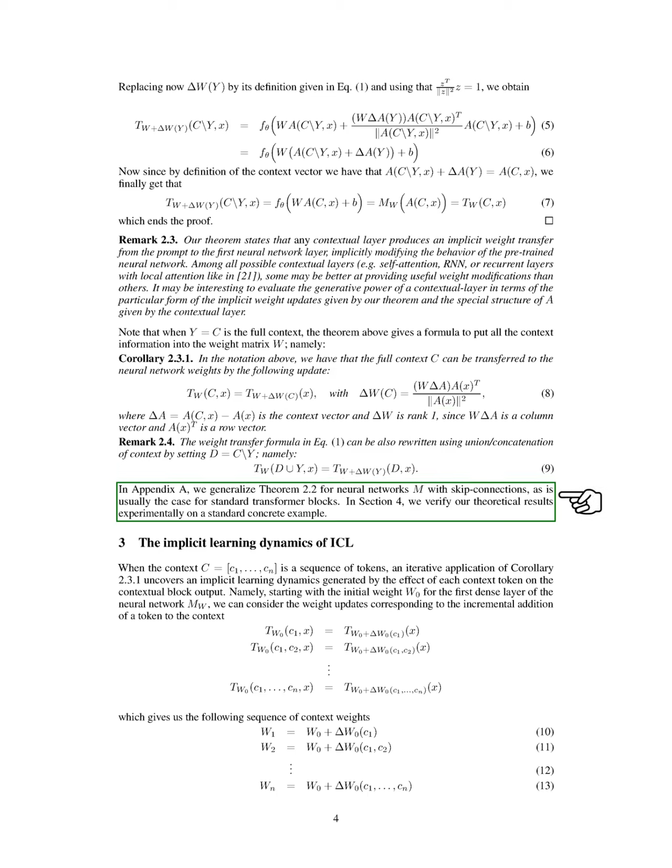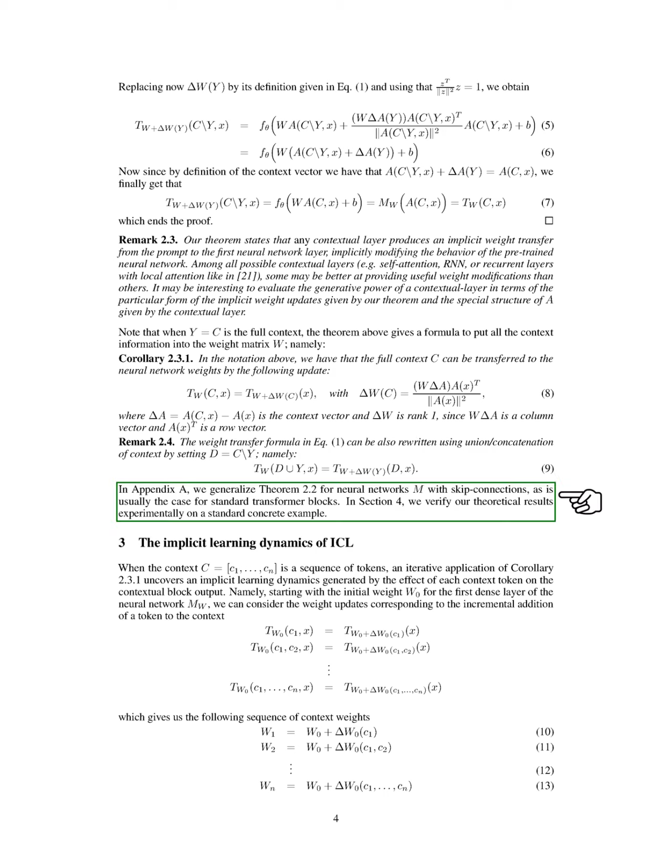In the appendix, we extend our theorem to neural networks with skip connections, which is common in standard transformer blocks. We will also validate our theoretical findings through experiments in a concrete example. Section Summary. In this section, we introduce the concept of contextual blocks, which generalize transformer self-attention layers by allowing a contextual layer to modify neural network weights through implicit low-rank updates based on context. We demonstrate that the output of these blocks can effectively incorporate context information into the neural network, enhancing its performance without altering the original architecture.